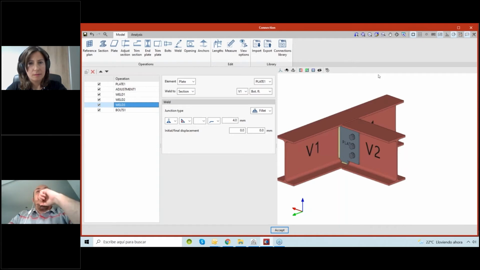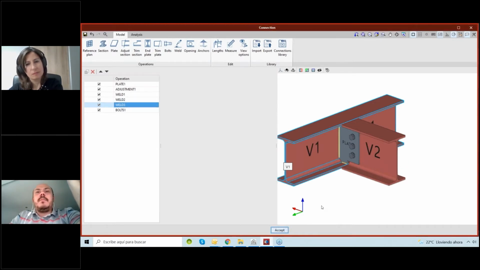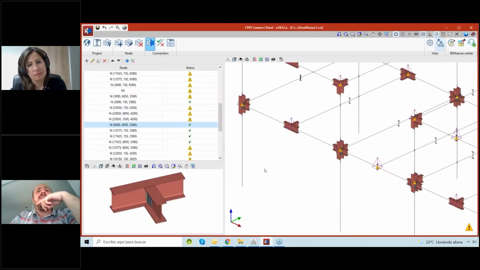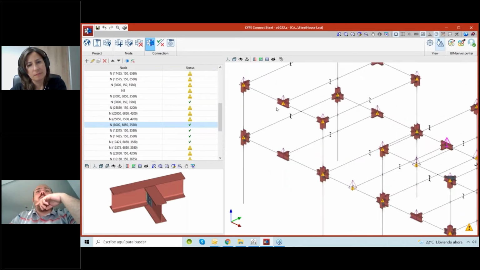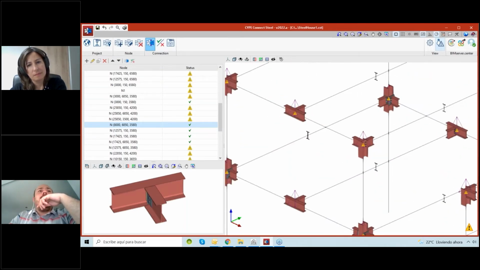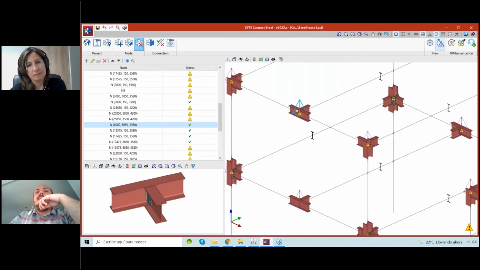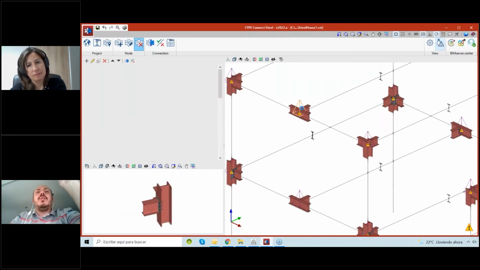Let's see how this library works, importing this same connection in another node, for example. So I'm here inside of this node. I will accept the changes, although I don't have changes here. I think it was this node here, but let's suppose this one is the same one. I will do the whole process here. I will delete the previous